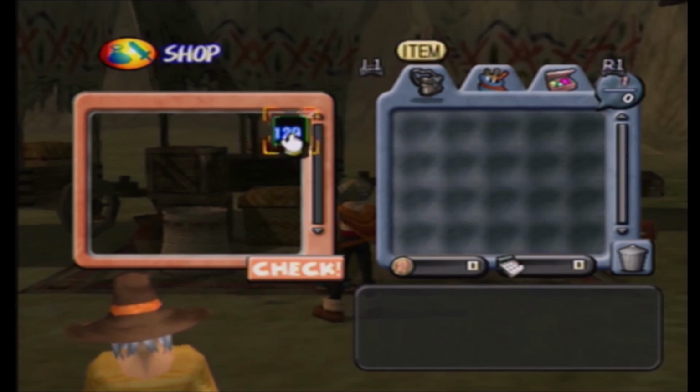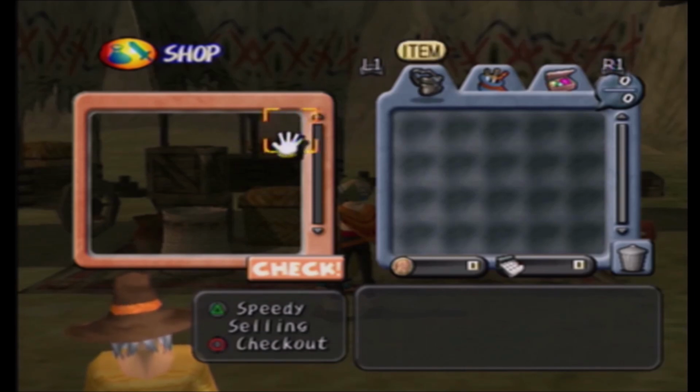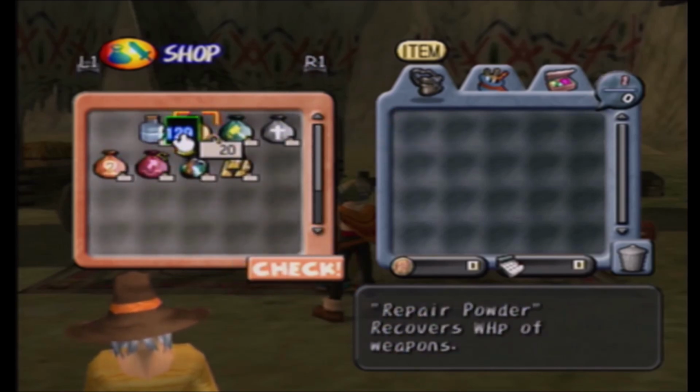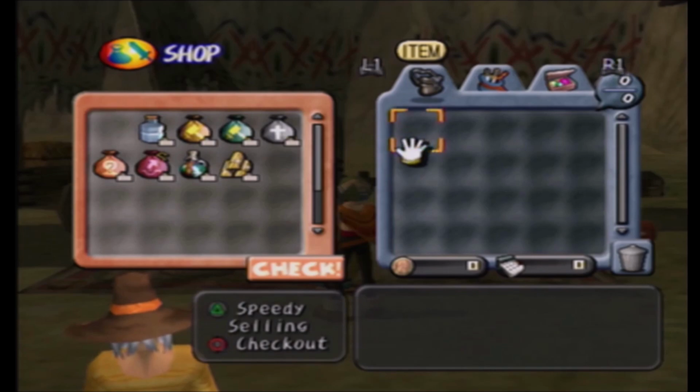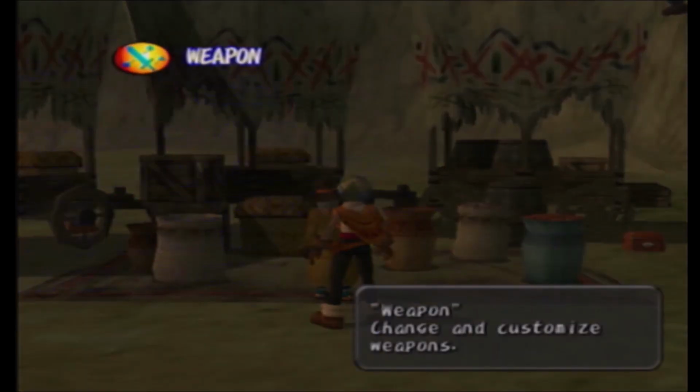Press L1, drop it, L1 again, X, right, X, left, X, R1, pick it back up, press left to force it into the store, and then drop it in the first slot of your inventory. Everything is pretty much exactly the same from here. So we equip our weapon,